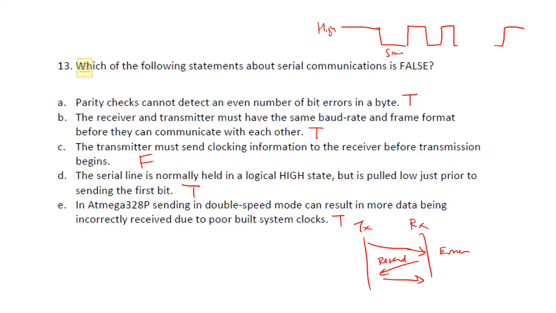That is why even our RPi to Arduino link generally is not clocked at a very high rate. Although we can configure our UART channel to go at very high bit rates, we go down to I think only 9600 for our lab, because that bit rate is good enough and more reliable. So we do not want to clock it at too high a speed. When you go very fast, though the data gets transmitted faster, the chances of error are also higher. So based on all this, option C is the statement that is false.